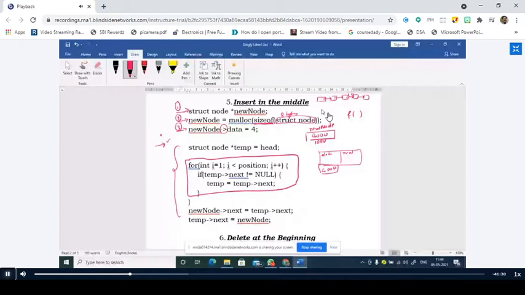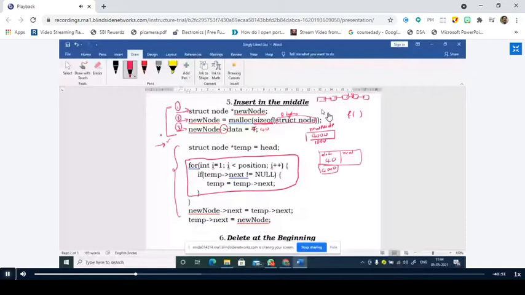So whenever you say new node arrow data, it is going to access this particular part of the memory. And you have stored, assume that this is not 4, assume that it is 40. So 40 is stored here, right? So listen carefully. Up to these three steps, there is nothing special. It is similar to all the insertion operations. You create a pointer to the struct node, you allocate the memory using malloc, you assign it to new node, and then you assign the value to the node data. This is very similar, right?